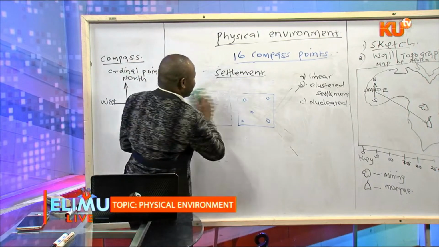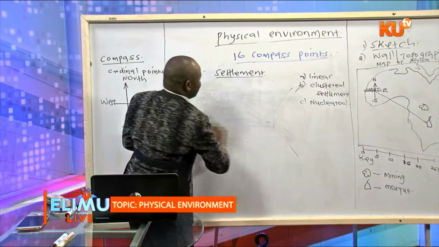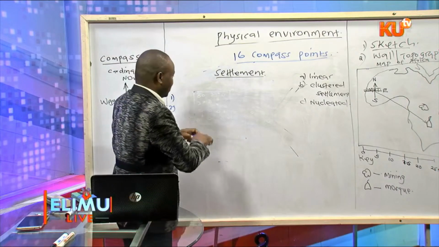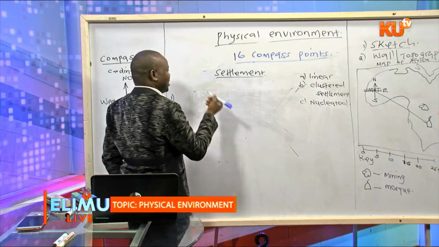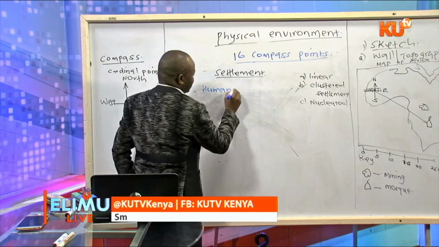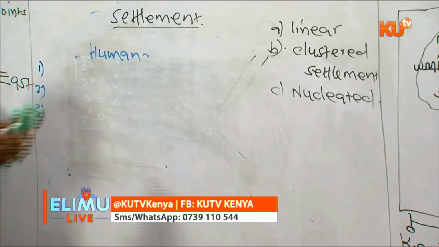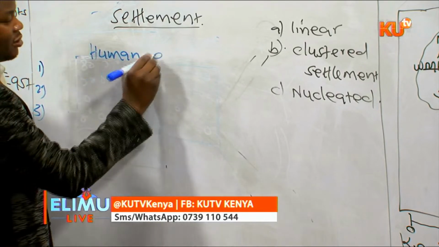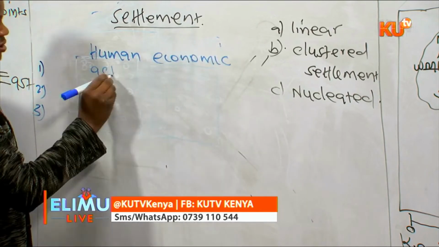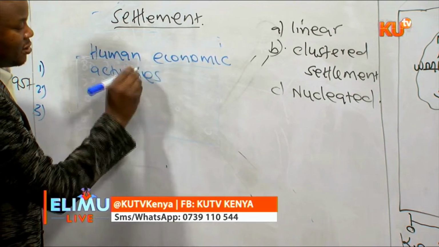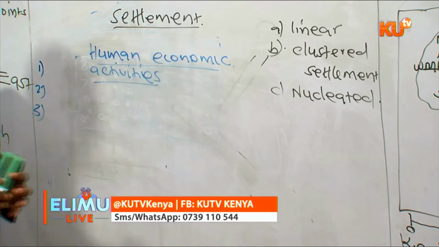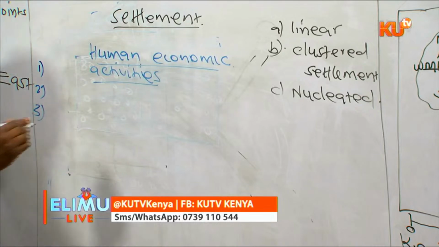They are influenced by different factors. What are those different factors? The first factor that you must be able to know is human and economic activity. Human and economic activities include things like road,